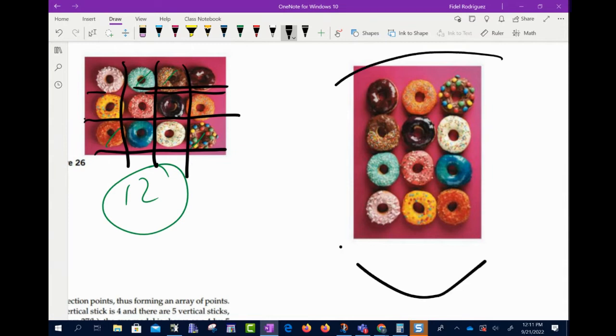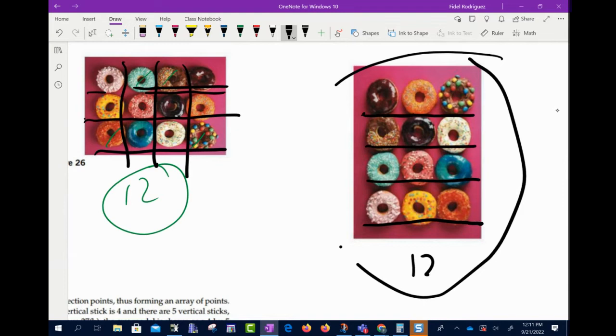If we rotate the picture, we didn't change how many donuts we have there. We still have a total of 12 donuts, but now don't we have 1, 2, 3, 4 rows? And now don't we have 1, 2, 3 columns? And the idea of looking at that picture, whether it's sort of long ways like this or up ways like that,